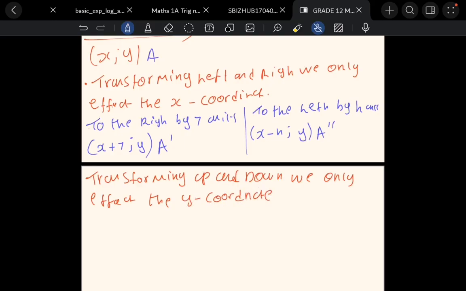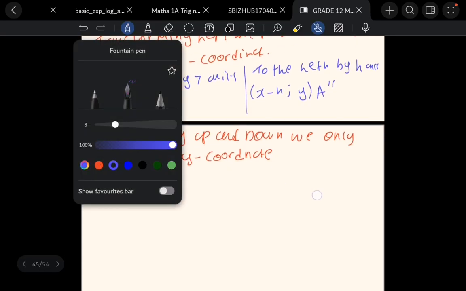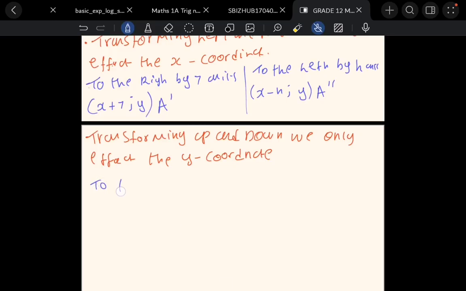Now this thing will also help you with my functions. My basic graph is shifted 2 units up, which means you're only going to effectively work with the y-coordinate, because you're shifting the graph upwards. So if you are doing an example,